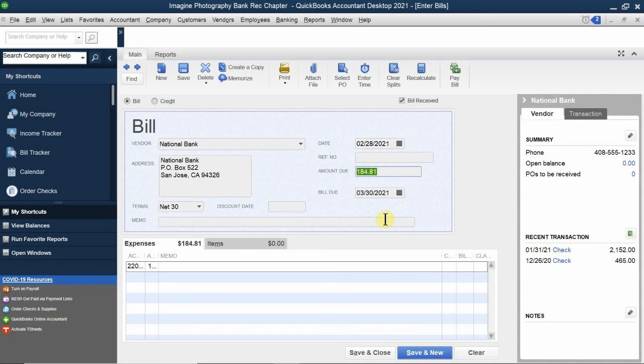But before you make a bill payment to this credit card company, make sure you adjust the bill accordingly. Because right now, if I put in a bill for the whole amount of $184.81, and I decided to make a bill payment and only pay $50, this bill will still be outstanding for the next time you are entering in a bill. And it's going to make no association,